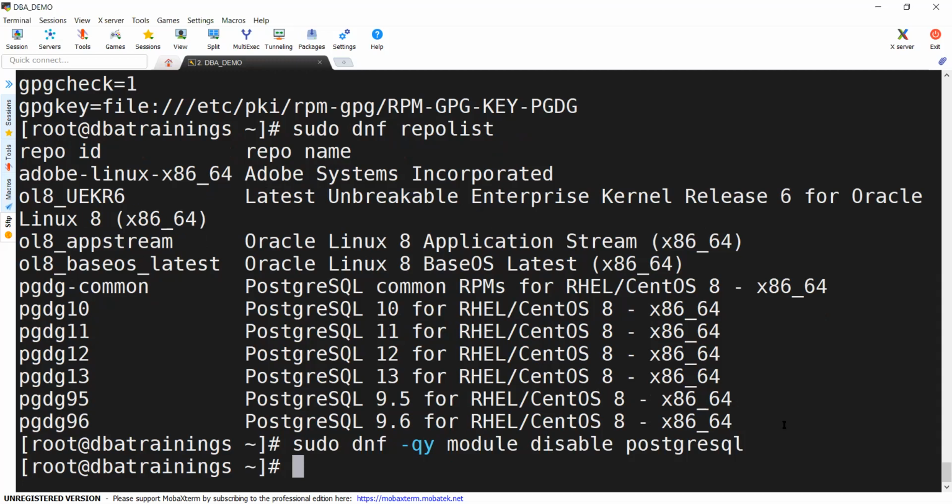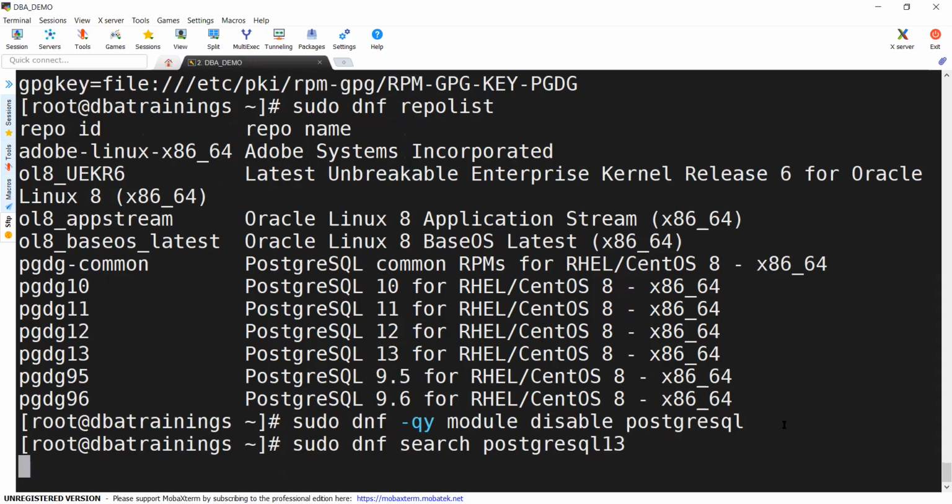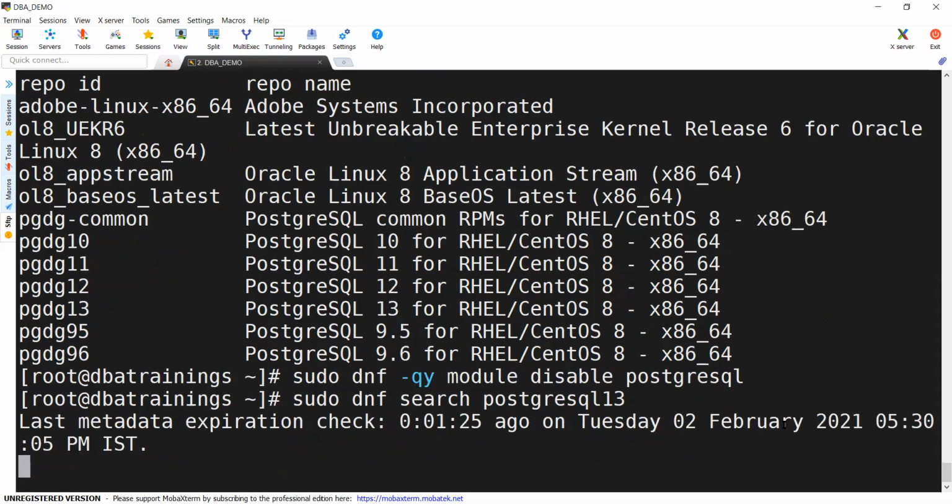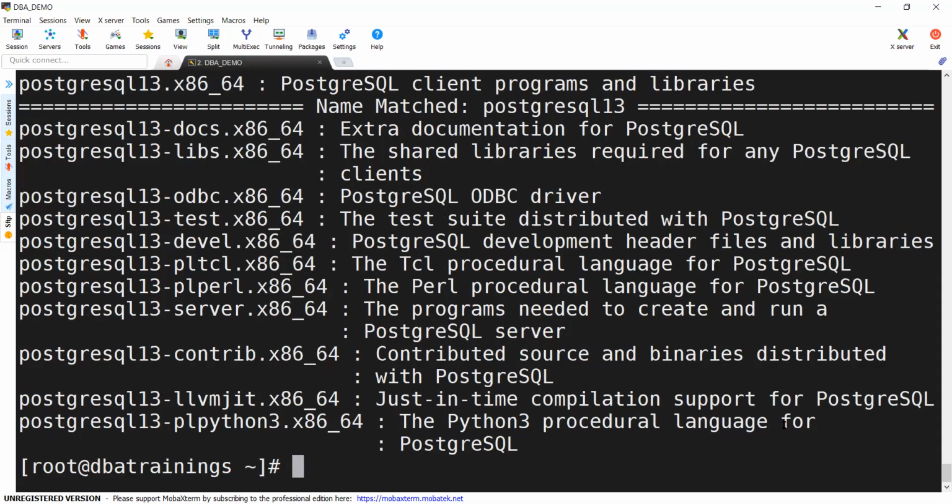Now let me try to search for my PostgreSQL 13 package on Oracle Linux. Good.